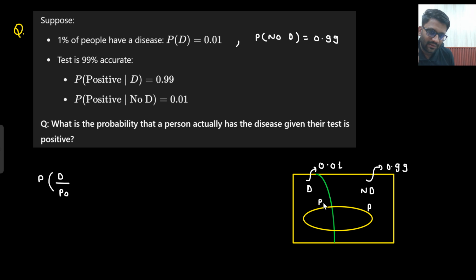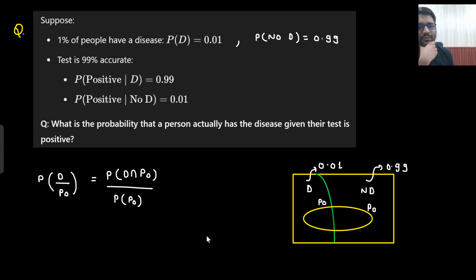Their test is positive. So the test is positive, given that, but this guy is having the disease. What would this be equal to? Divided by probability of having positive, right? You can get this very easily. How will you get this particular thing very easily? Because what they have given, probability of positive given the disease, that is equal to probability of positive intersection with disease